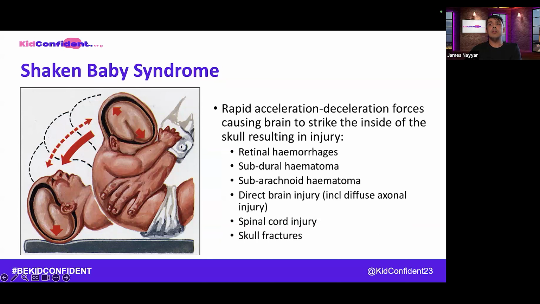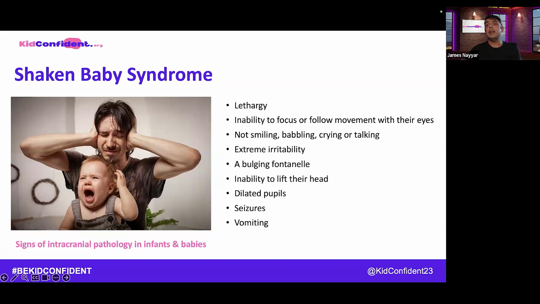So it can be difficult to take, but we do have a few things that we can look out for, and they're not actually specific to just children or babies. There are basically signs of intracranial pathology in anyone. And these are the things you look for, all the signs that you know about already for head injuries in adults, really. And these include things like lethargy, lack of movement, inability to stay awake, vomiting, inability to cry is more specific to children, because once they get shaken, sometimes they lose that bit of brain control that tells them that they should be crying because they're sad, and they don't even know how to cry anymore. So that's why they don't cry.